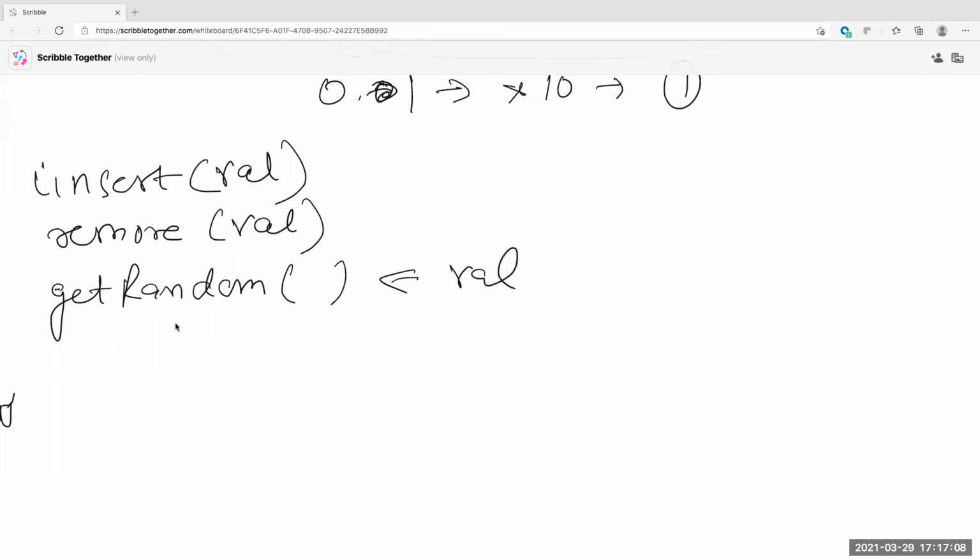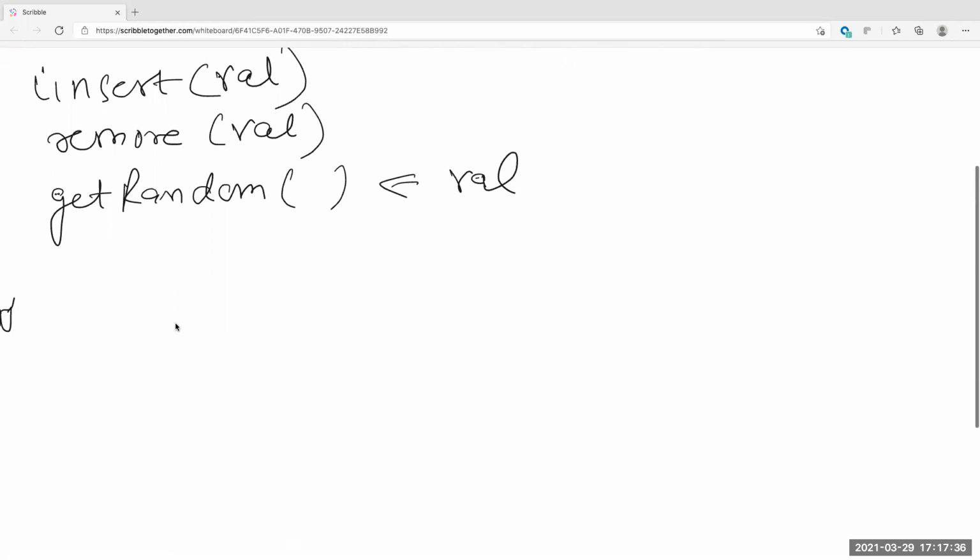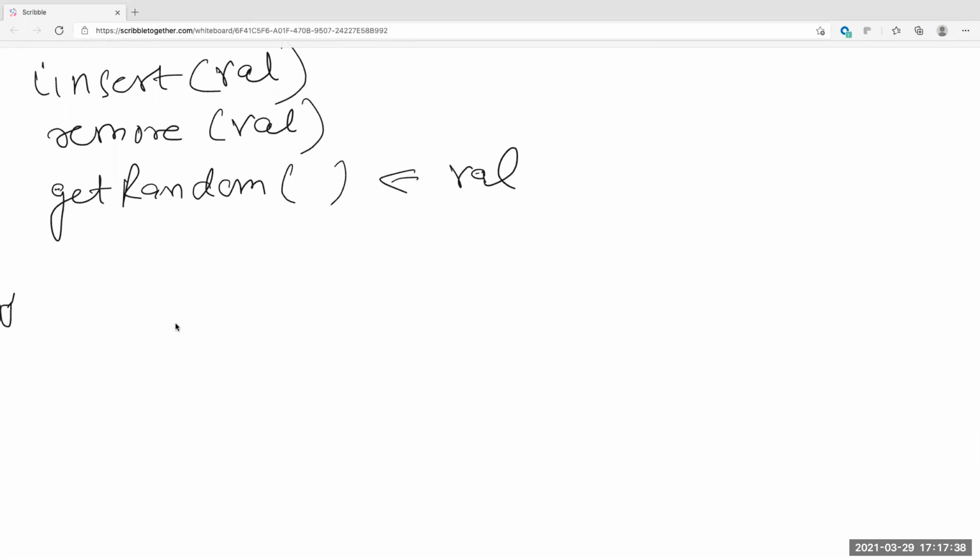How should the probability be spread across them? The probability is the same for any number. It's not based on the number. If the number is appearing more than once, should it...? It says each element must have the same probability of being returned. If there are 100 elements and all are 1, retrieval of any one should be equal. If half are ones and half are twos, the probability will still be 50%. Each element has a 1% chance of being returned. Understood, sir?